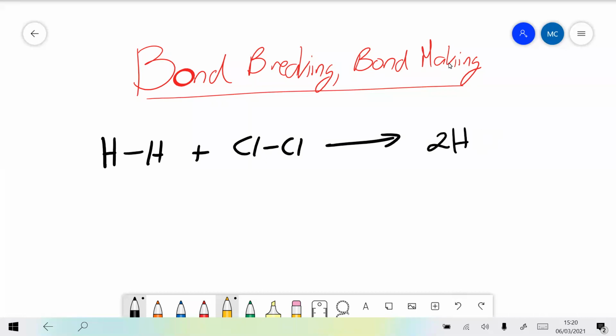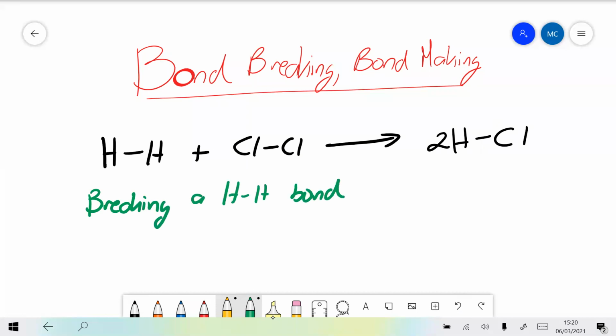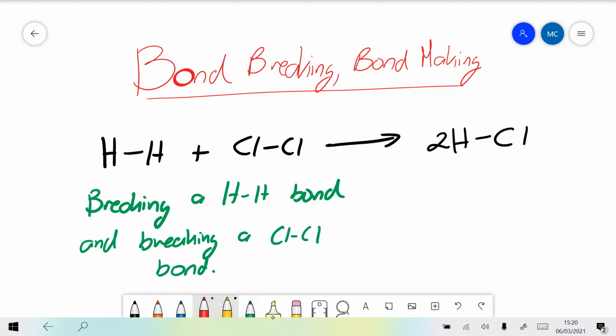Okay, so here we are breaking a hydrogen bond and breaking a chlorine bond. So here we need the energy to break both the hydrogen bond and the chlorine bond. And then we are making